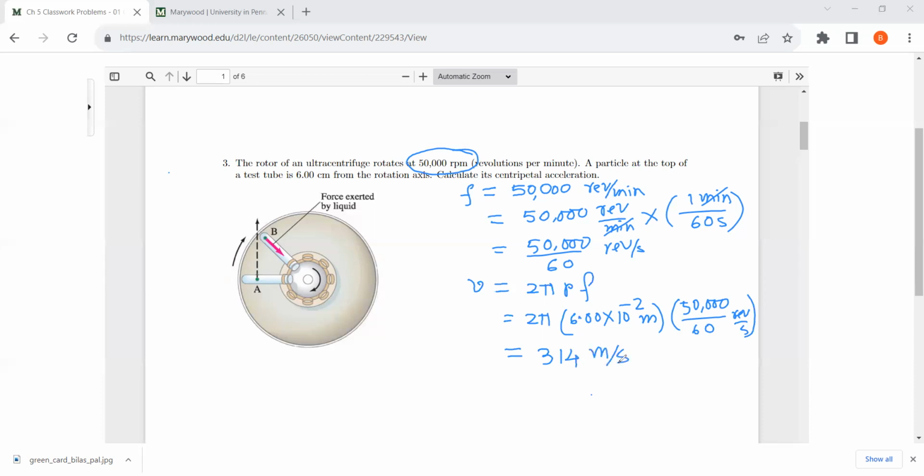Okay, so once you have that, then calculating centripetal acceleration is easy, and it will be v square over r. V square is 314 meter per second square, and r is 6 centimeter. Okay, so make sure you again convert centimeter to meter. So the centripetal acceleration for this problem is 1.64